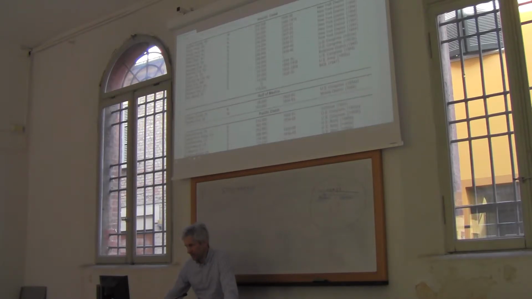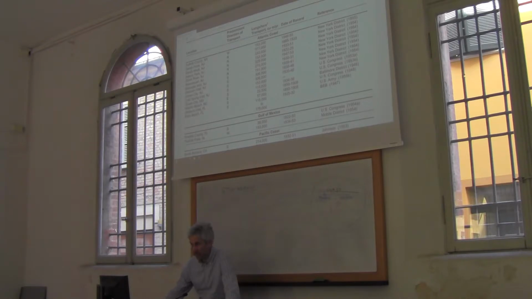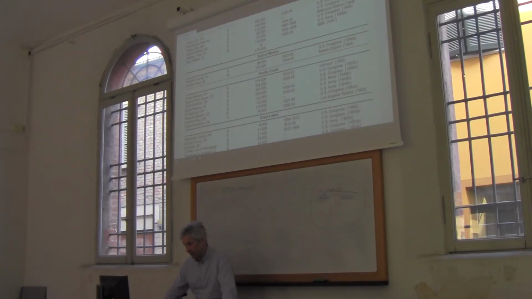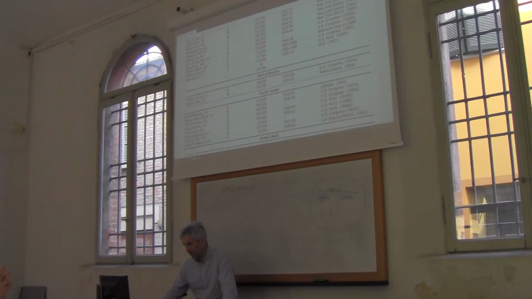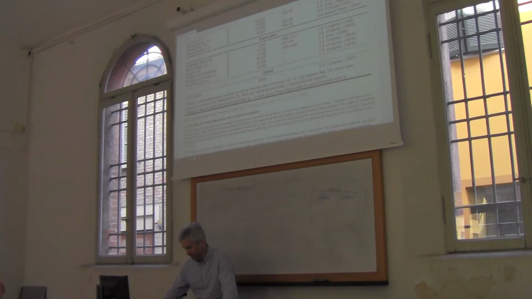And you see that we are talking about several cubic meters per year, and we may reach something like 500,000 cubic meters per year. You understand? It's something that is very relevant. This is the Atlantic coast, Gulf of Mexico, Pacific coast. In the lakes you have less sediment transport. What is the reason? It's easy to understand. The waves in lakes are usually not as relevant, not as important as in the ocean, of course.